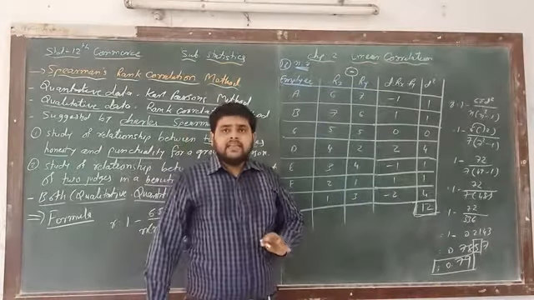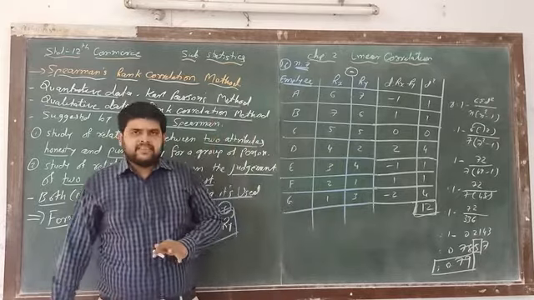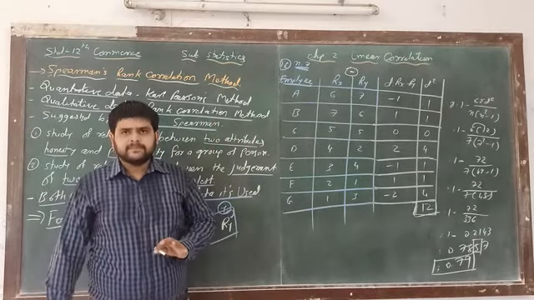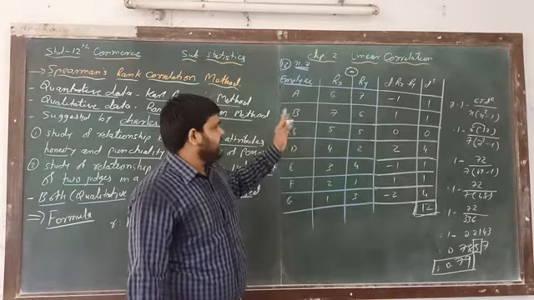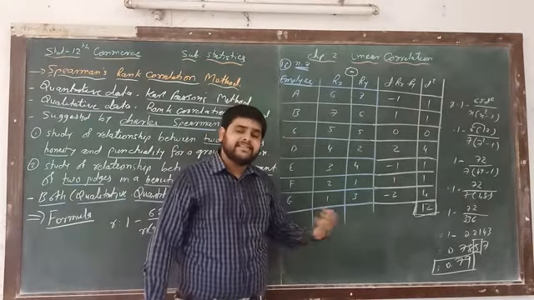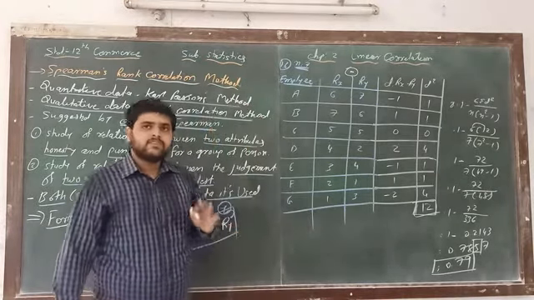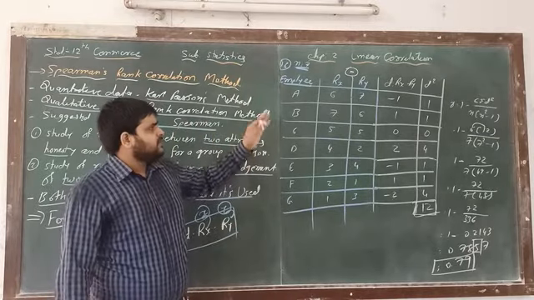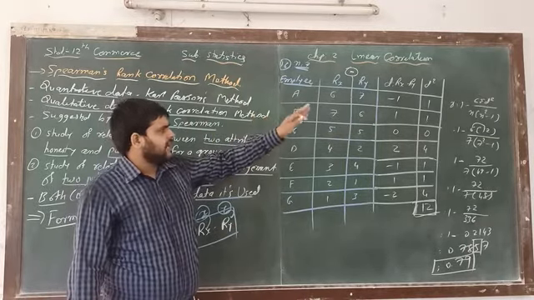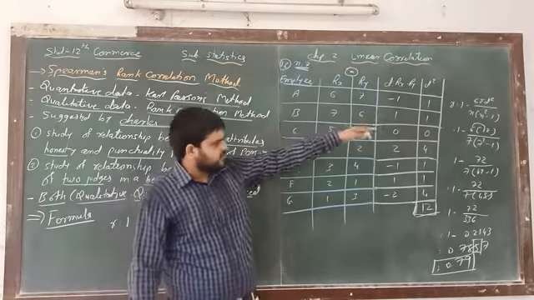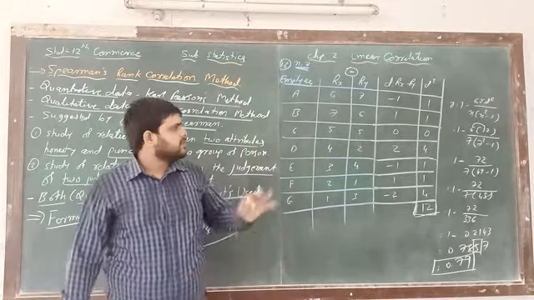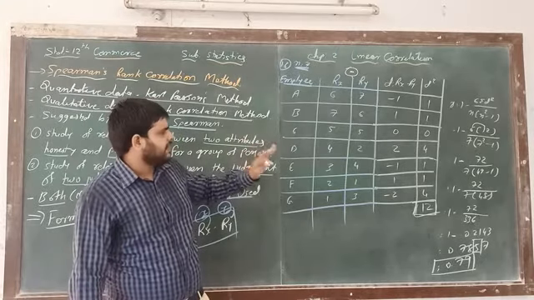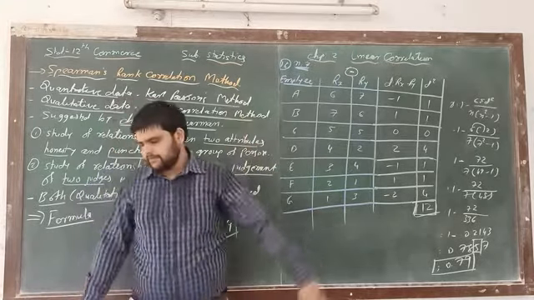See, in comparison to the Karl Pearson method, this method is too much easy. Okay, because we only have to convert Rx and Ry if it is not given. In this example, it is directly given. So D is equal to Rx minus Ry. Whatever answer there is, we have to put the square, and with the help of the formula, we have to find out. Okay, so this is the first example, example number 16. Write down.